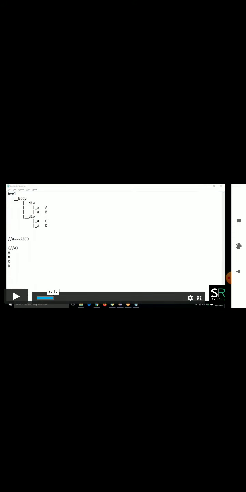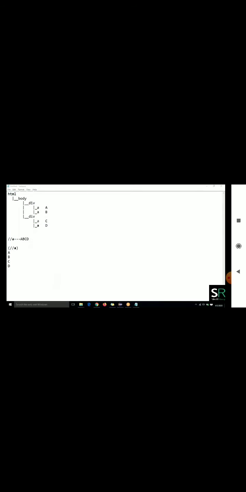Let me show you, 1 second, please. Whenever we use double slash A, it is going to put A, B, C, and D. It is going to take all these 4 inside the XPath array and assign the index.